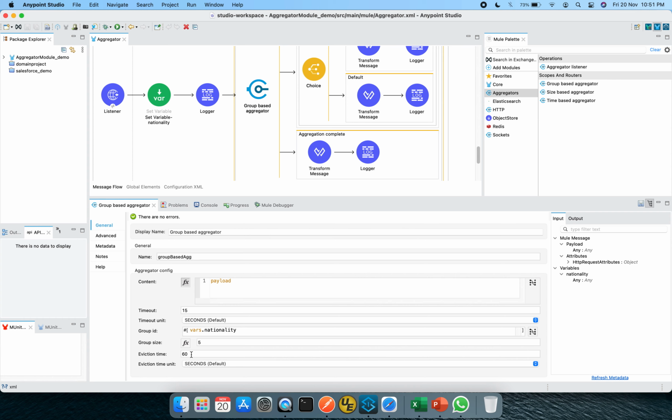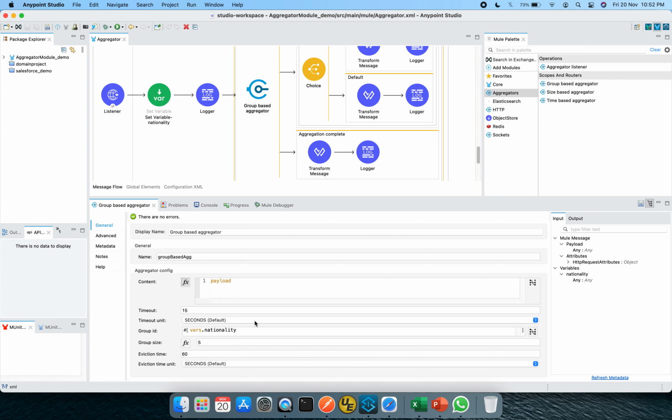That is, let's suppose I have sent the payload request having the nationality as India within 15 seconds only 4 times. For the rest of the 45 seconds, these 4 instances of the India nationality payload will still be available.